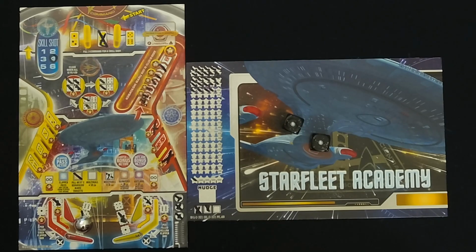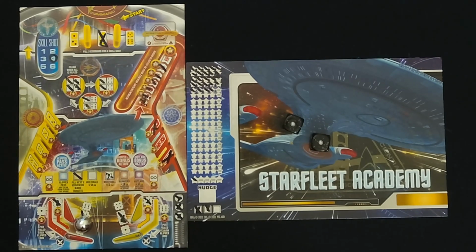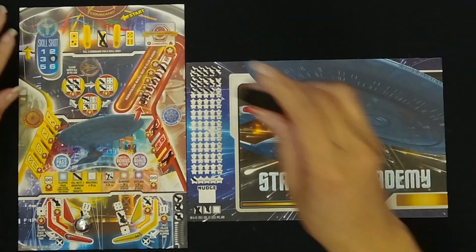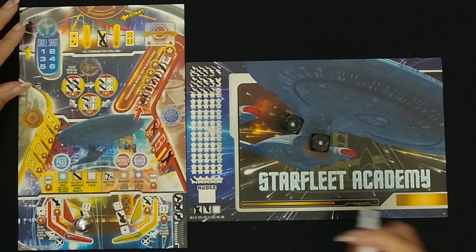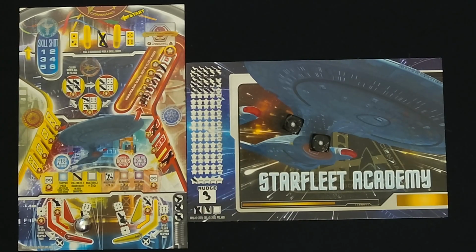So here's the thing. Other than going to this bumper, or this flipper, there is nothing I can do. Now, what if we use our skill shot 4 and nudge to 7? It'd be a difference of 3. We probably tilt. I think that's what we're gonna do. We're gonna use our 4. I could just use the 4 to come up here, but then we don't have anything to save us. We're gonna use a 4 to get to 7. That's a 3. So as long as we roll a 3 or higher,